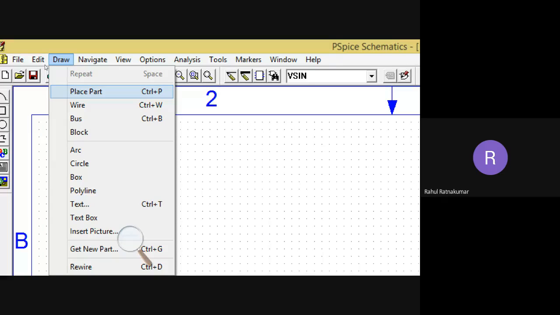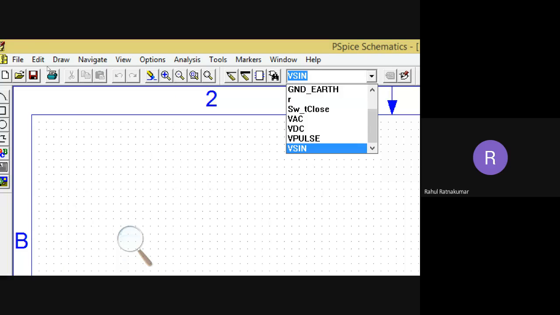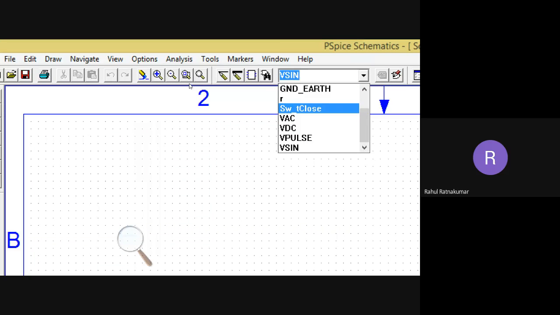So first I'll take a resistance. I'll click Place Part, which is in the Draw window. Okay, so this is one option. There are different options showing here, but I need the whole thing. There's an option like a binocular window, you can see there's a binocular window just left of the